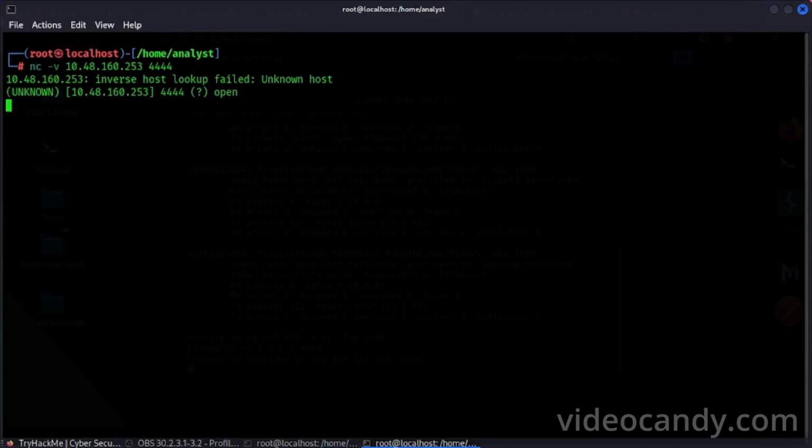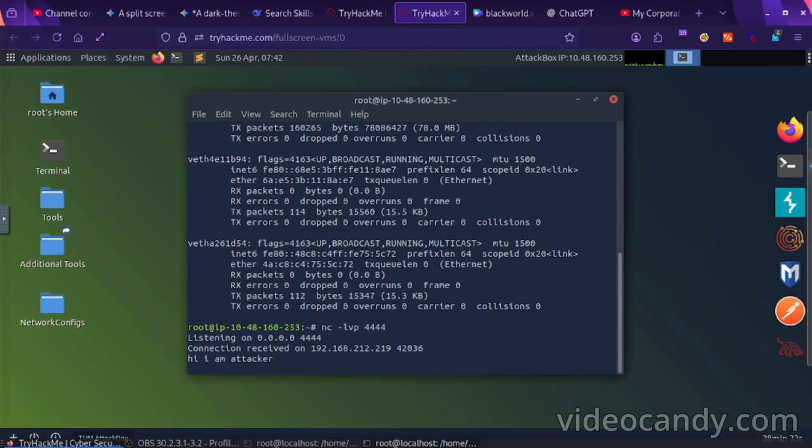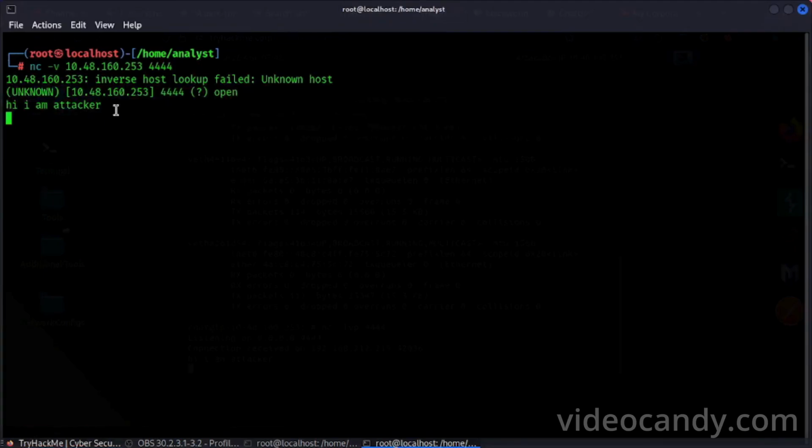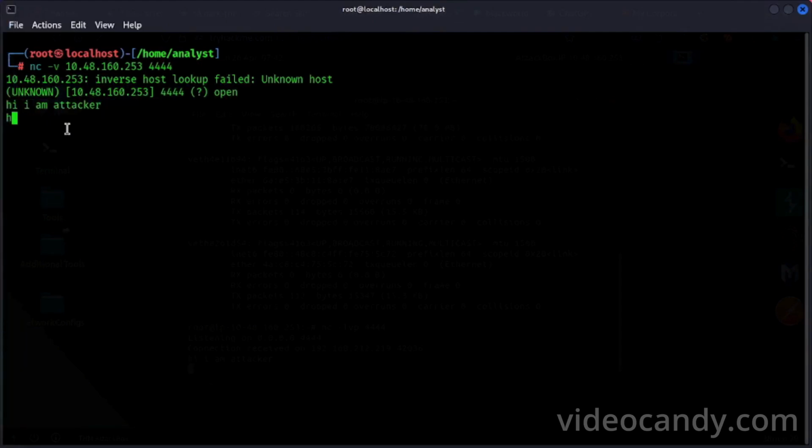And this is the attacker machine. If I want to write, I write "hi, I am attacker," so you can see here what is written is "hi, I am attacker." And the victim wants to send a message, "hi, I am victim."